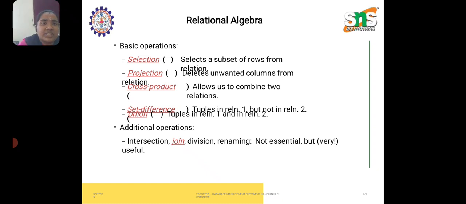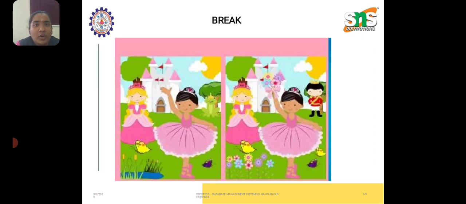Next one, set difference: tuples in relation 1 but not in relation 2, then we go for set difference. Union: tuples in relation 1 and in relation 2. If we have tuples in both table relations, it is known as union. If we have it in only one table relation, it is known as set difference. Additional operators: intersection, join, division, renaming, not essential but useful. For example,